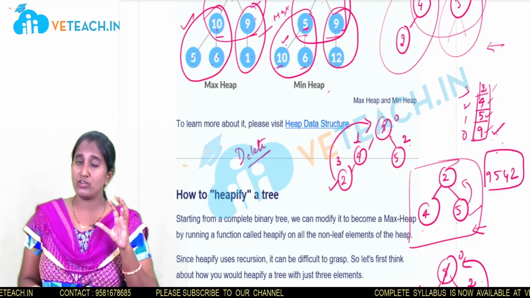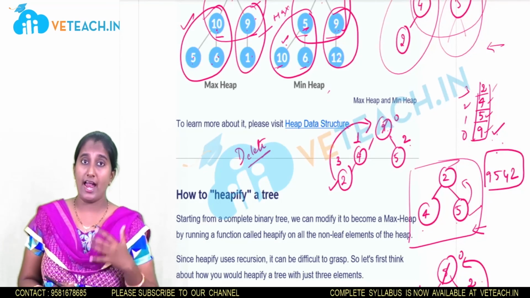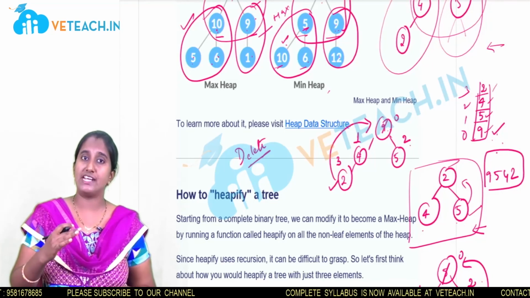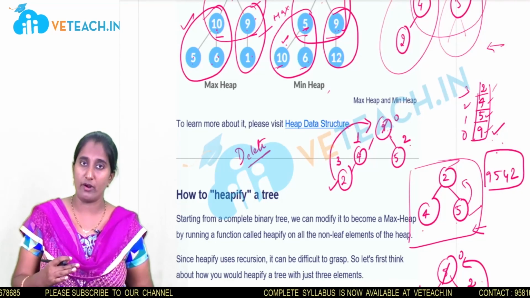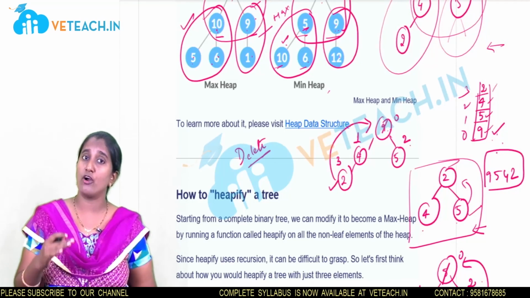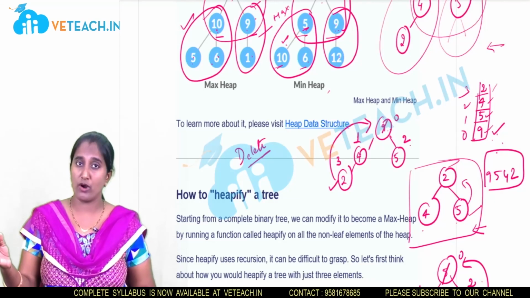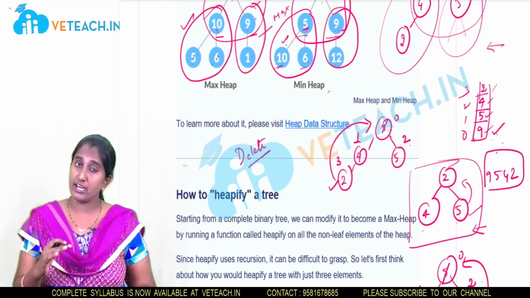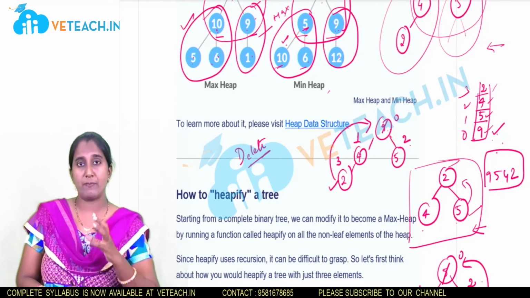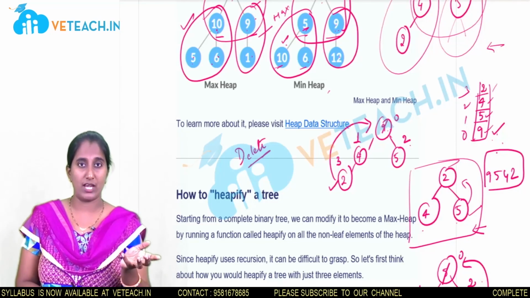Okay, so whenever you construct a heap tree, it should satisfy the heap properties, and in order to perform the heap sort, you need to delete the element from the root node. So in a heap tree, the deletion operation is performed only on the root node. The deleted node will be stored into the array, and it will be replaced with the last child node in the root position, then check whether it satisfies the heap property or not.